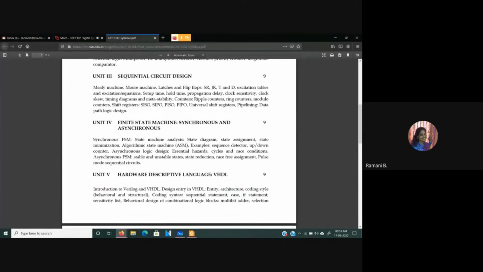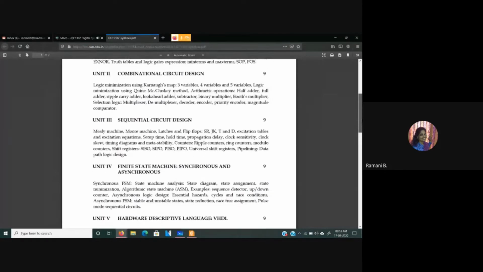So for your CAT, you have from the Quine-McCluskey method, that is logic minimization using Quine-McCluskey method in the second unit. From there till half of the third unit you have for your CAT. Okay. So let us move on to the third unit,